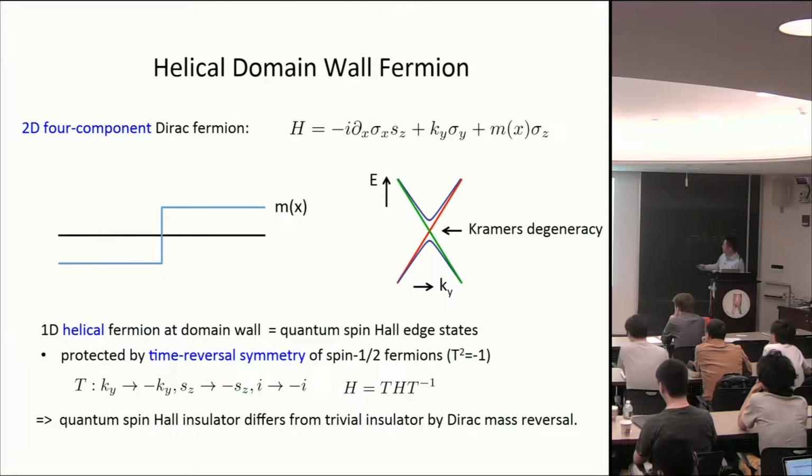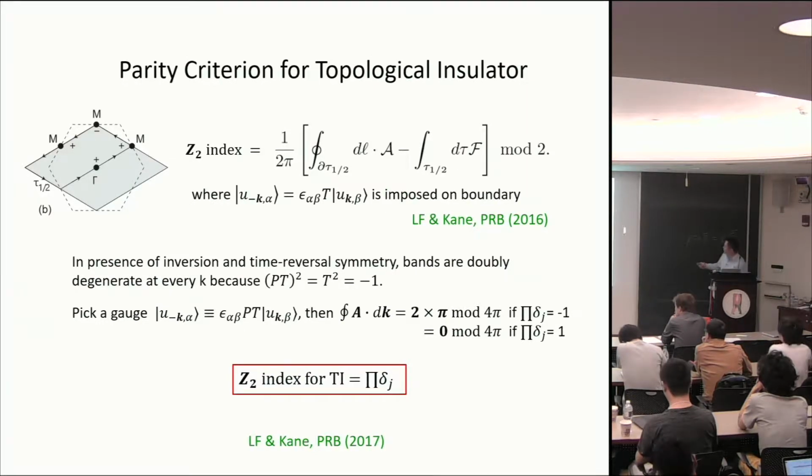And really, this band crossing at the edge is protected by the time reversal symmetry of spin-1/2 particles, and is known as Kramers degeneracy. So provided time reversal symmetry is present, these edge states are robust. I won't go into the details, but again, to understand the topology of these time reversal invariant insulators, one